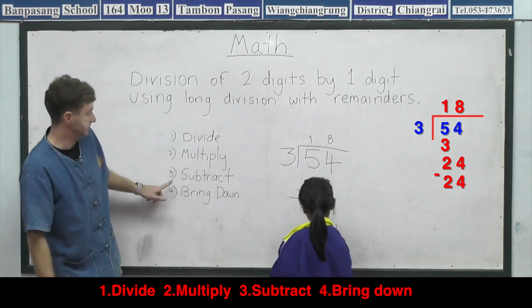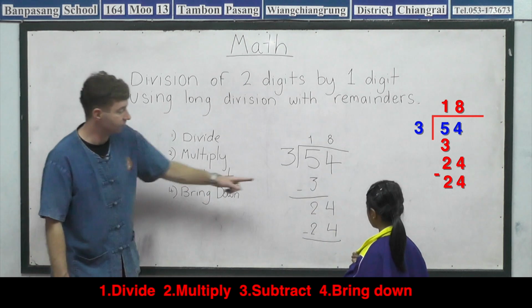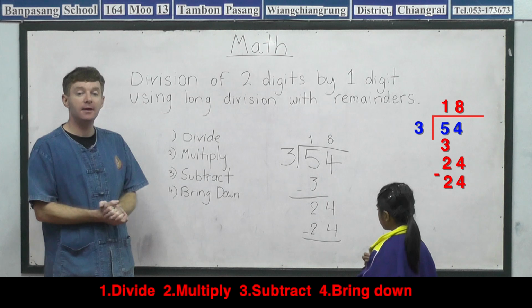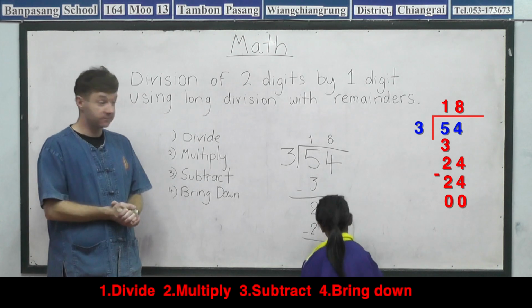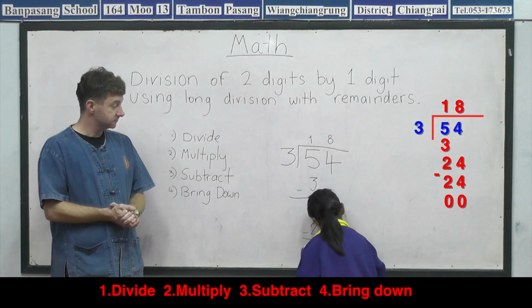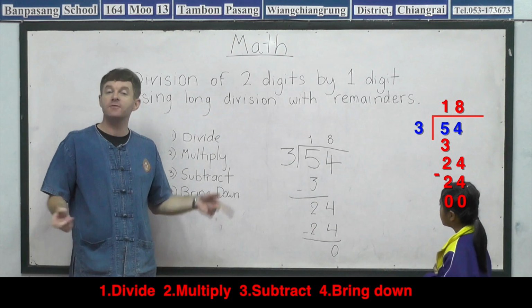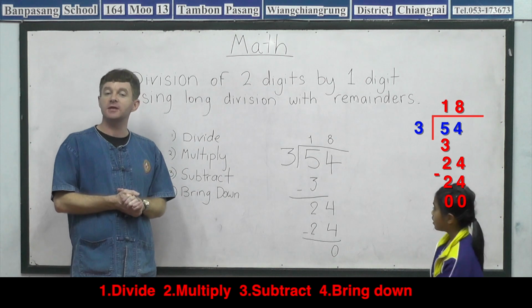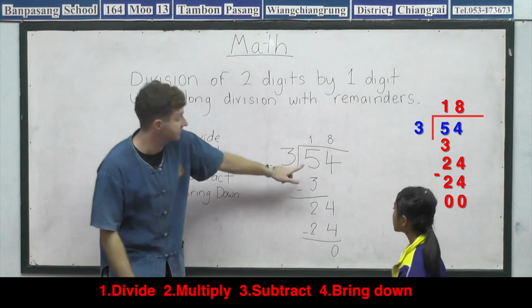Perfect. Next step, subtract. 24 minus 24 equals 0. That's fine. We're at 0. We know we're right. Do we have any remainders here? No. No remainders, because we can say